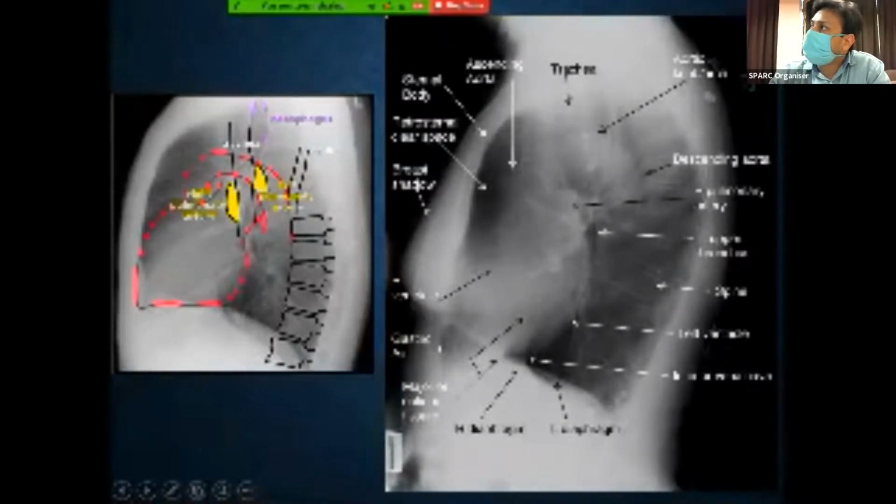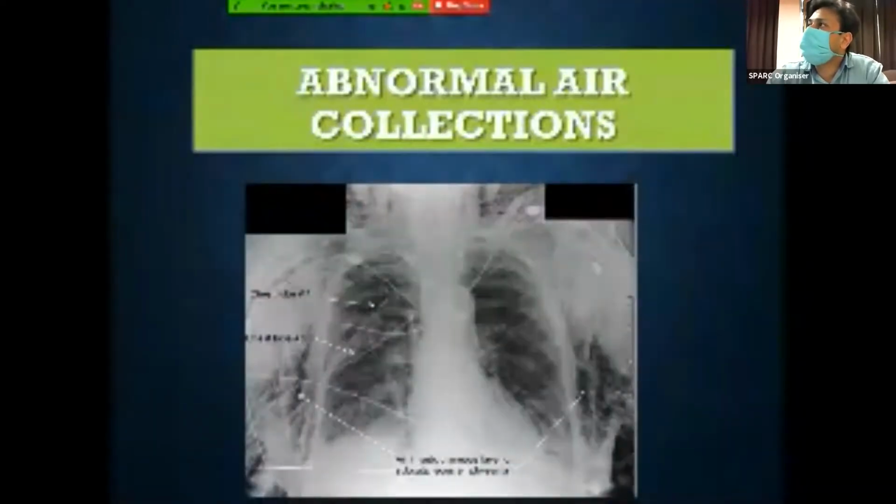And from the heart, we can see the aorta, an arch-like tubular structure. And then we can also make out bronchi and the hilum. And lower down, we can see both the diaphragms overlapping over each other. And of course, the rest of the lucency is formed by the lung parenchyma. So this is how we can look at the lateral film. However, very infrequently it is obtained nowadays.